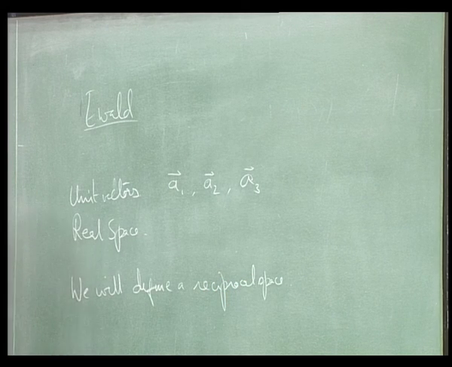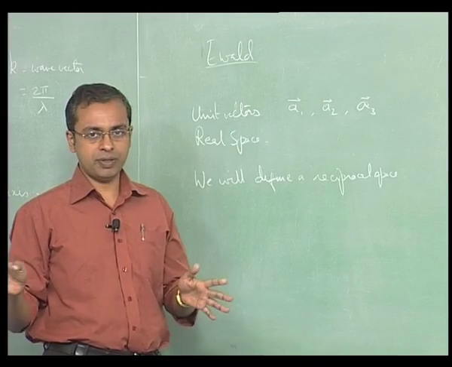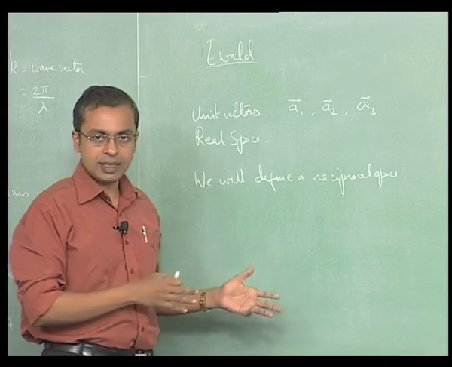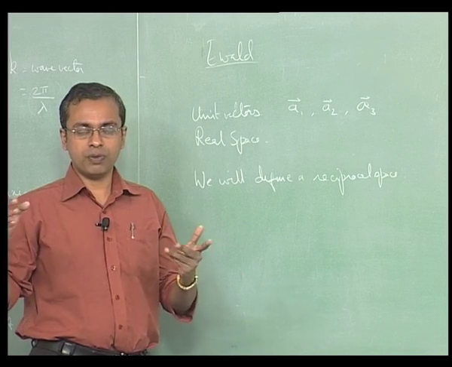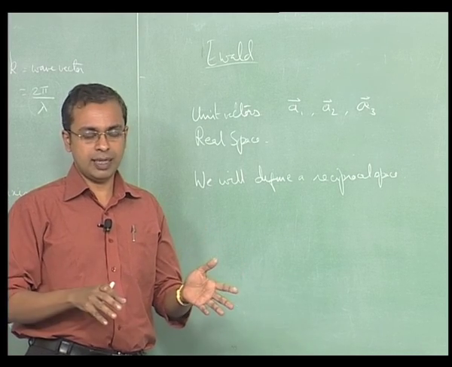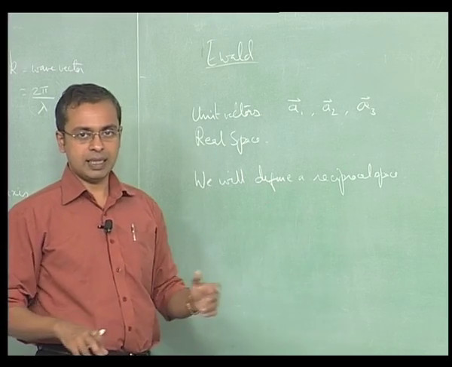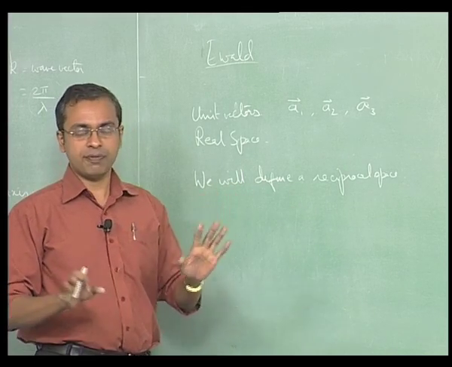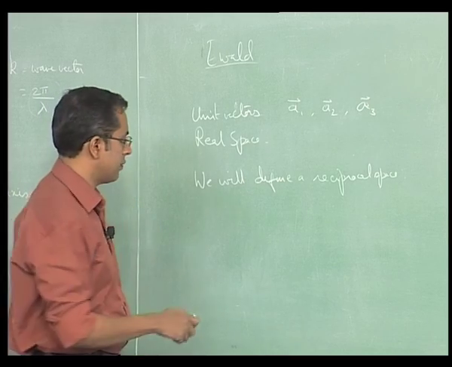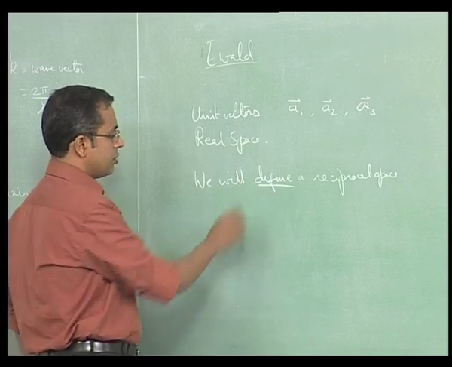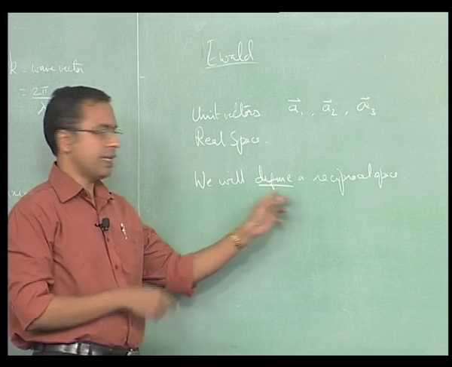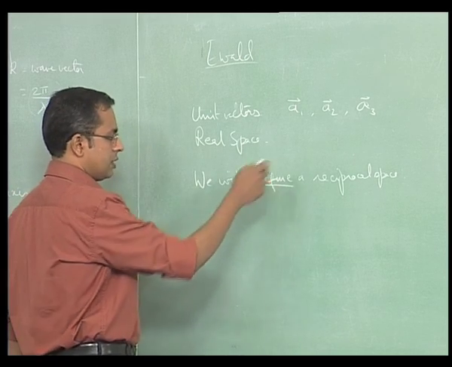In other words, we will define a space, we will define a coordinate system. So we are just going to define it upfront. This definition at this stage may look somewhat arbitrary, we will just accept it as an arbitrary definition. The way it is given will give the space a lot of useful properties which we can use later on. How arbitrary or otherwise this definition is, we will see a little later, but at the moment it is just a definition, we will just accept the definition and we will work with it. So we are defining it. Okay, so this is a choice we are making, we are defining a reciprocal space